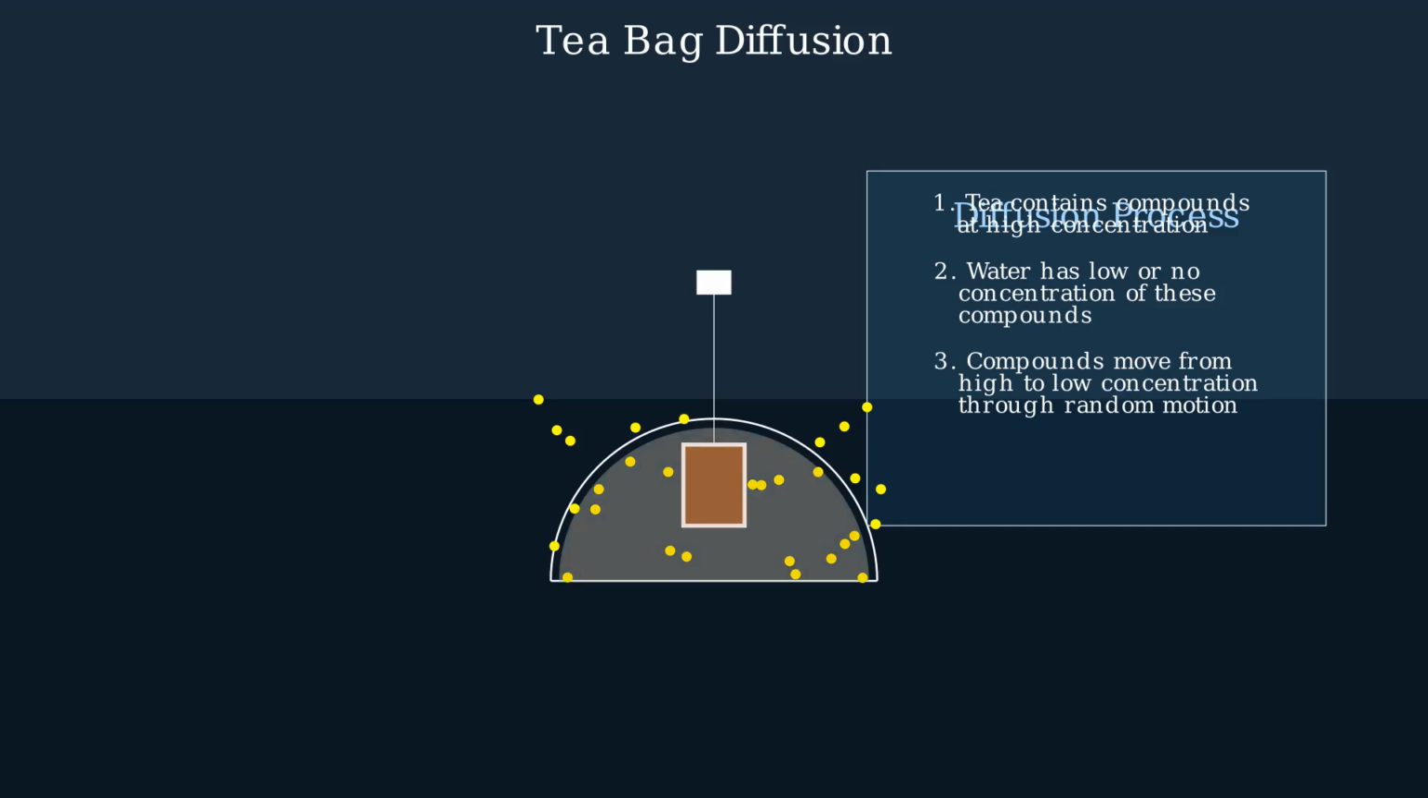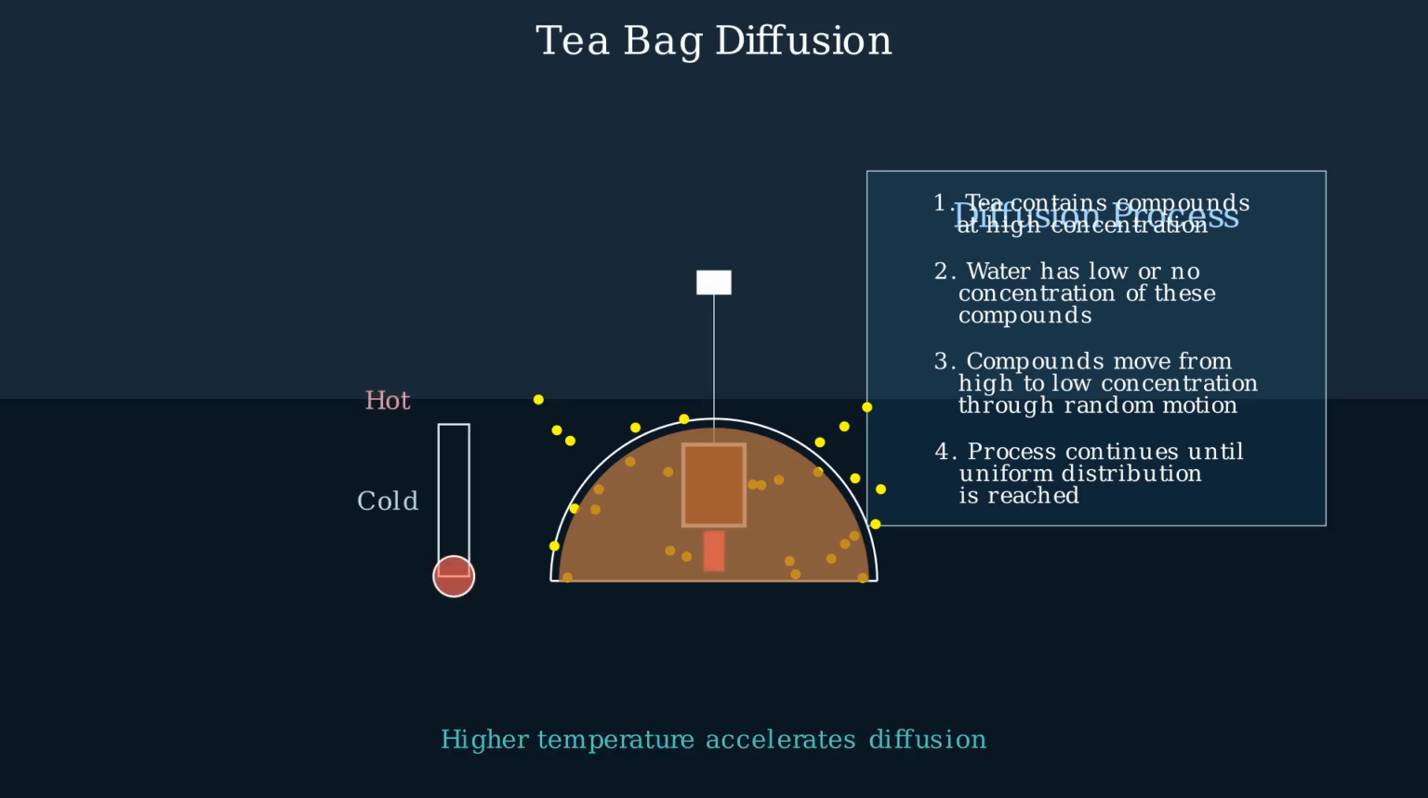As time passes, the concentration of tea compounds in the water increases. The process continues until the tea reaches a uniform color and flavor throughout the water. Temperature plays a crucial role in this process. Higher temperatures increase the kinetic energy of molecules, making them move faster. In hot water, tea diffuses much more quickly than in cold water, which is why we typically use hot water